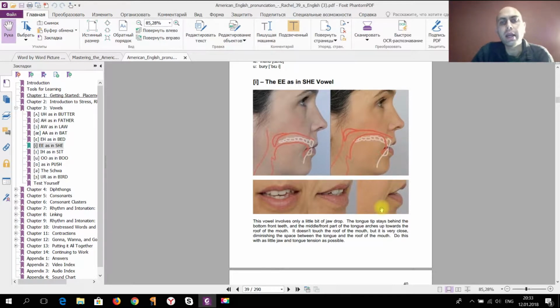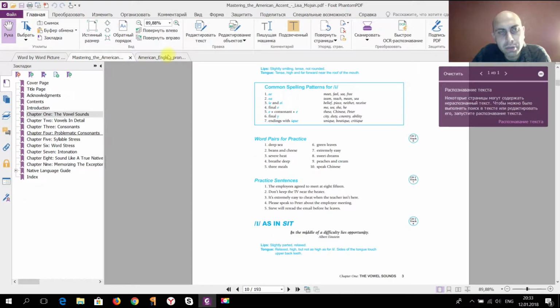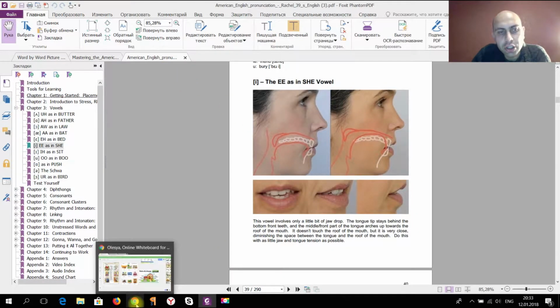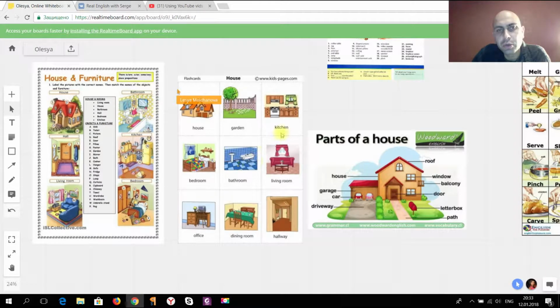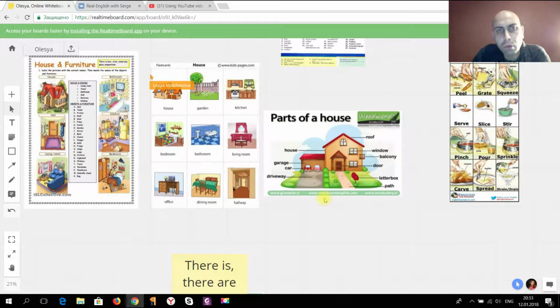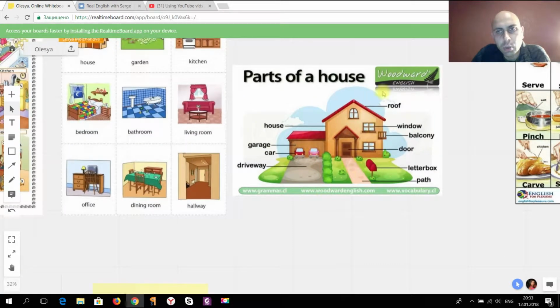And also, at the end of the lesson, we took vocabulary on parts of the house and rooms and furniture in the rooms. So when we learned the sounds, I used Rachel's English textbook and Mastering the American Accent textbook for teaching the sounds and the difference between the sounds. So we found out the difference between the sounds, and then when we changed to the vocabulary part of the lesson, we opened up this real-time board,